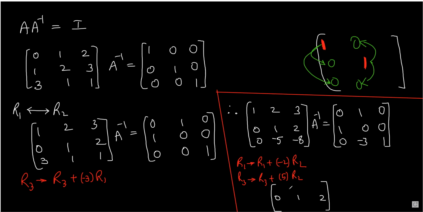So 0, 1, 2. See, how is R1 changing? Minus 2 R2 to be added. So this will remain 1 because correspondingly you have 0 here. This is 0. So no change to this element. Okay, minus 2. When you multiply minus 2 in this, you will get 0 when you add. Multiply minus 2, so minus 4. When you add, you get minus 1. Now, how is R3 changing? R3 plus 5 R2. Multiply 5 and add it. So 0, multiply 5 and add it. 0, multiply 5, 10, added 2.